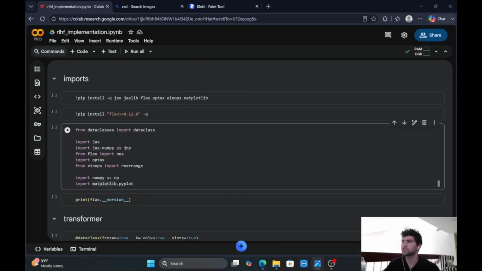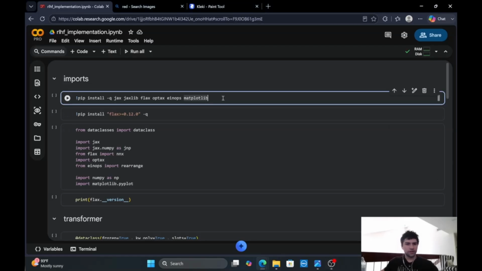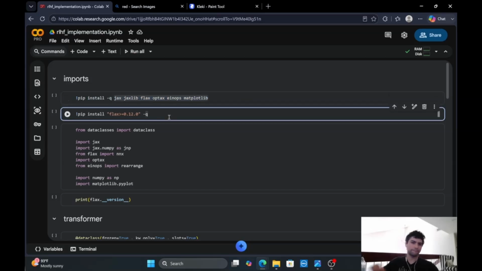And yeah, let's just go straight into what we are building. So first thing we should do is install these libraries, JAX, Flax, all that. And also update your Flax to